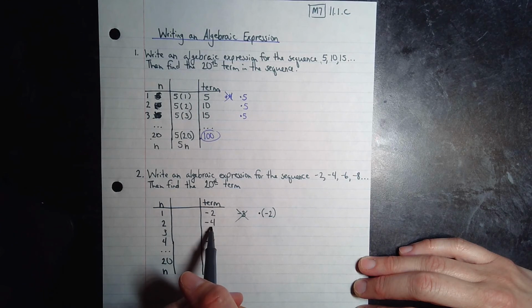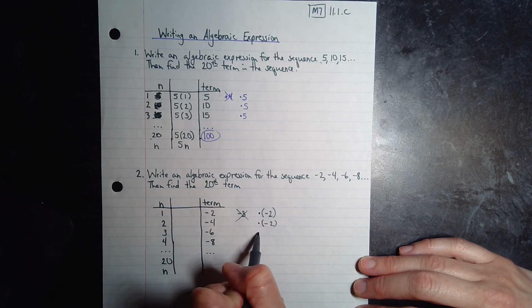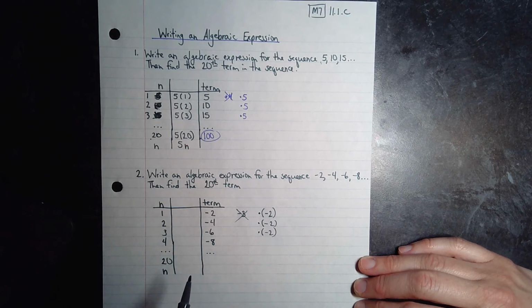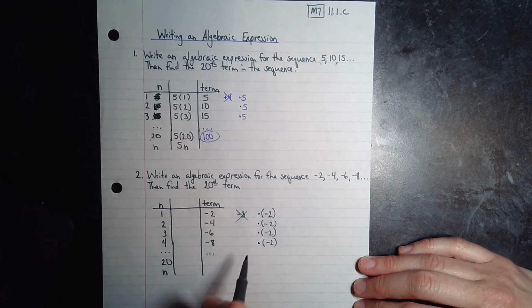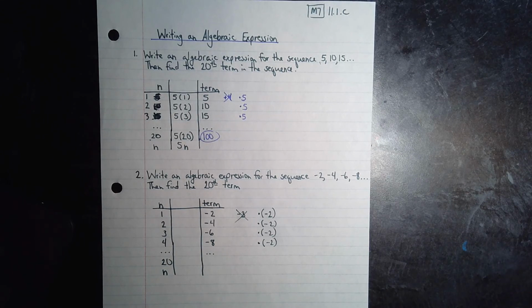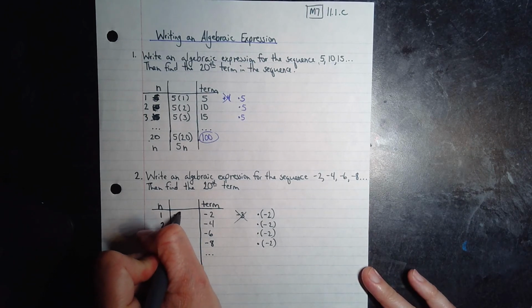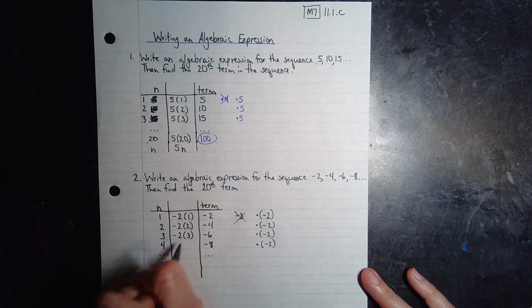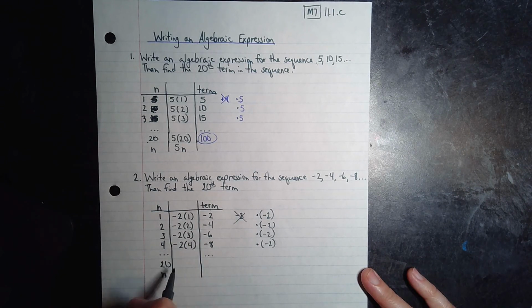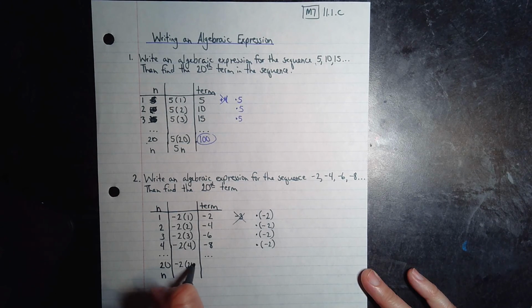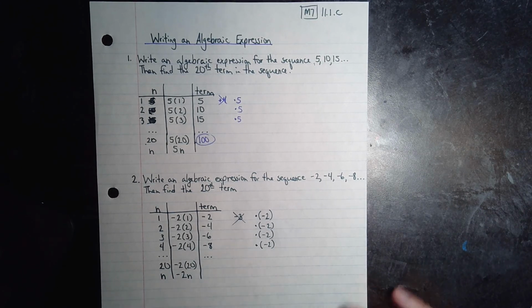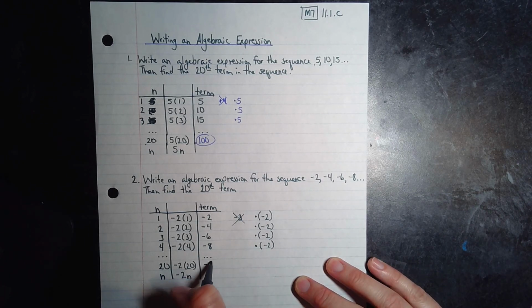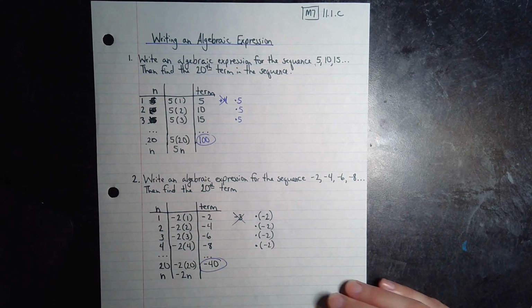Let's see if that works here. 2 times -2 would get you to -4. 3 times -2 would get you to -6. 4 times -2 would get you to -8. So bingo, we have our pattern. We are multiplying by -2. So whatever n is, it's being multiplied by -2 to give us our answer. So this is what we are filling in here to show our expression. This one is going to be negative 2 times 20. This one would just be negative 2 times n, like that. So negative 2 times 20 would give us negative 40. So your 20th term that you should have come up with is negative